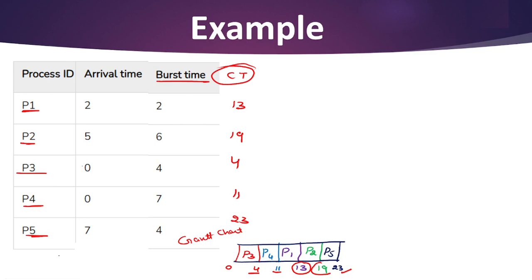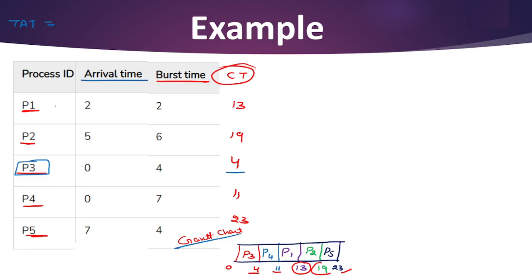Now in the question, sometimes they ask to find out the completion time. So this is the question: they will ask you to find the completion time of process P3. So you need to create the Gantt chart first, then find out the completion time of P3. Okay. Next, they can ask you to find the turnaround time. So what is turnaround time? Turnaround time is nothing but the total time from arrival to completion.